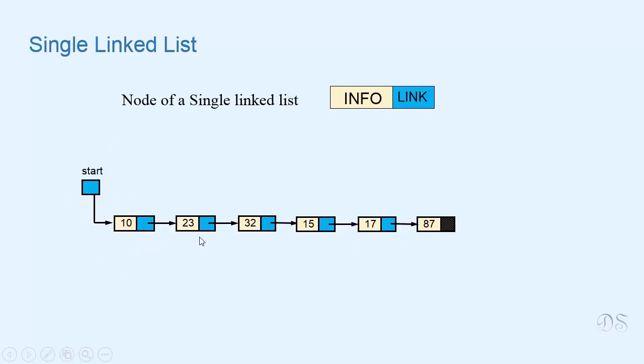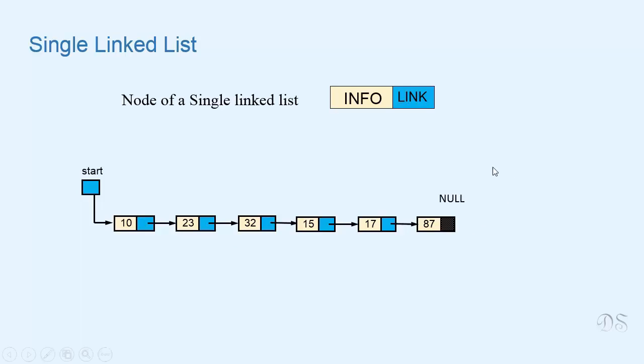So if we want to access the fifth element of the list, we start here, first, second, third, fourth, fifth, and we reach the fifth element. This is why in the previous slide I told that random access is not possible in linked lists. You can't directly access an element as you can do in arrays. You have to start at the first node to go to any node of the list.